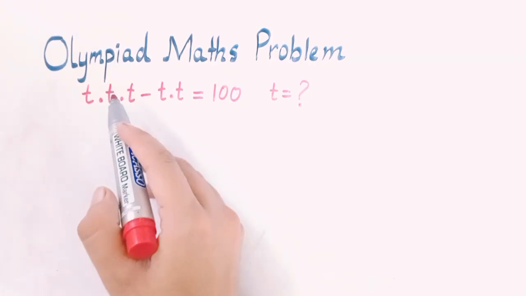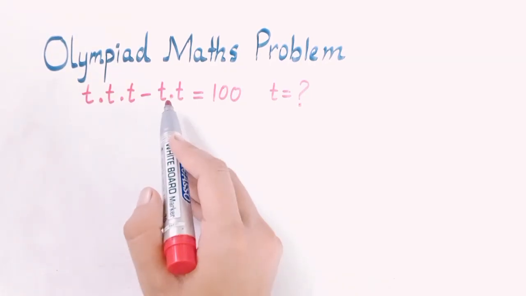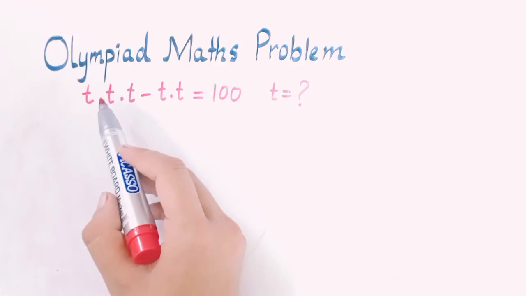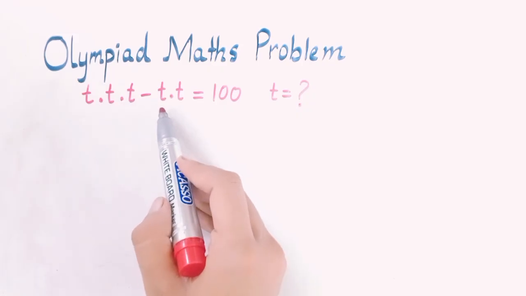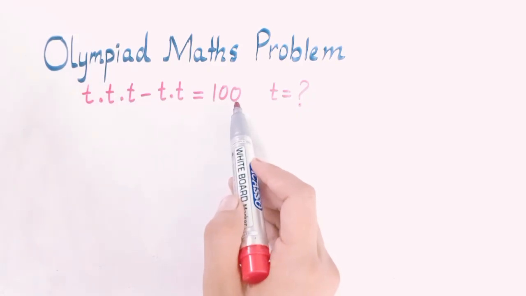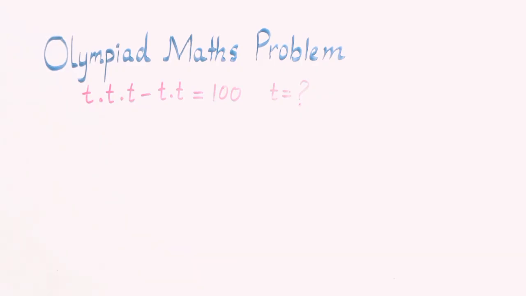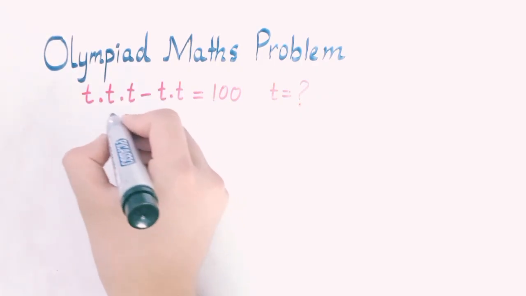In today's video we will solve a very interesting Olympiad math problem, that is t times t minus t into t equals 100. You have to find the value of t. So how will we start solving this question? First of all, we will write this as